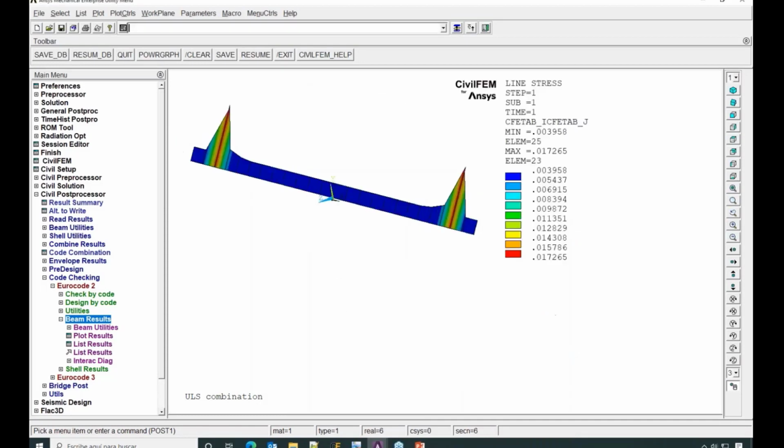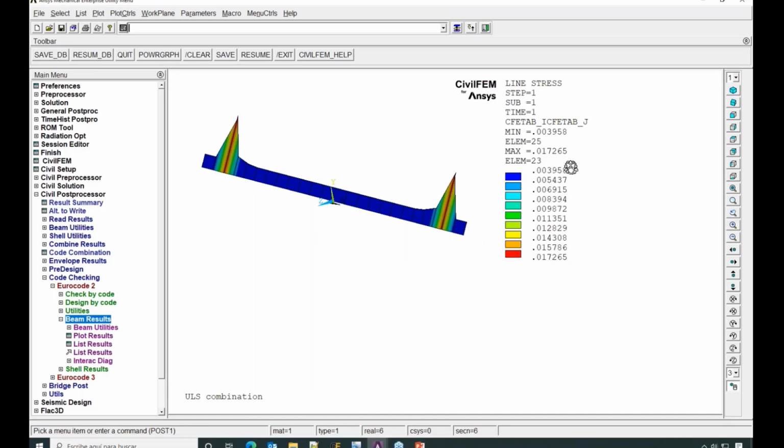And this is the reinforcement. The reinforcement amount is plotted with units in square meters per meter. So the maximum reinforcement amount, this is the top reinforcement amount, this is the negative reinforcement. So in these big supports, it is needed just